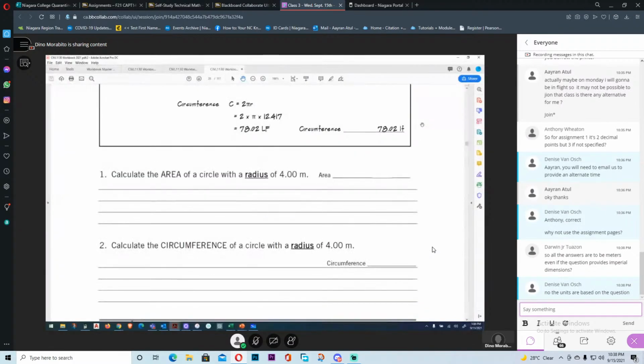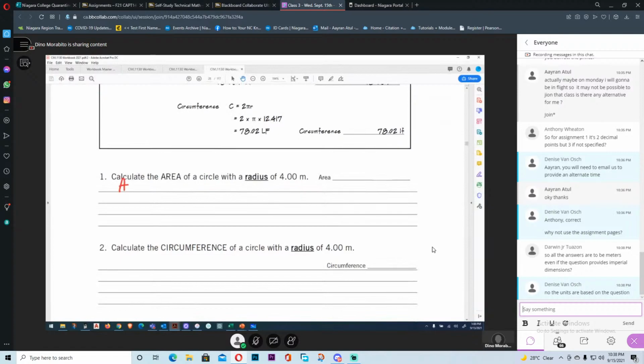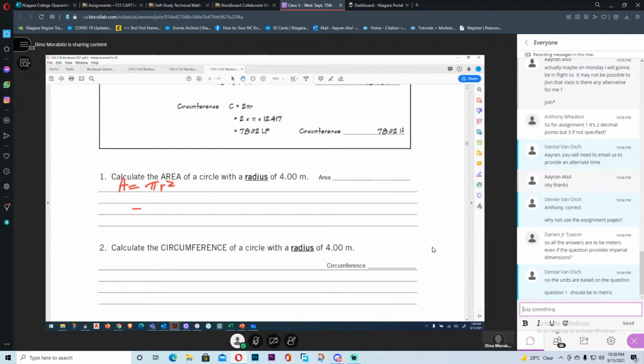And Denise, you're right. Absolutely. Why not just in this case say area equals pi r squared. The answer is going to be pi times, I have a radius in this case, so 4 squared. And I can do the math, put my answer, and then I need to put my answer here with